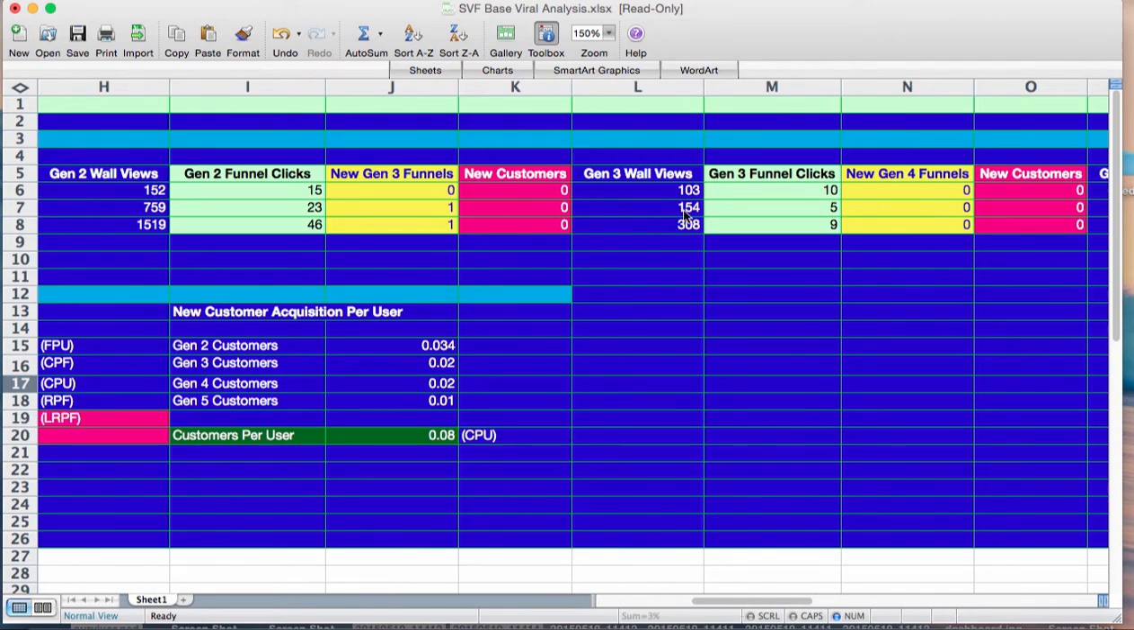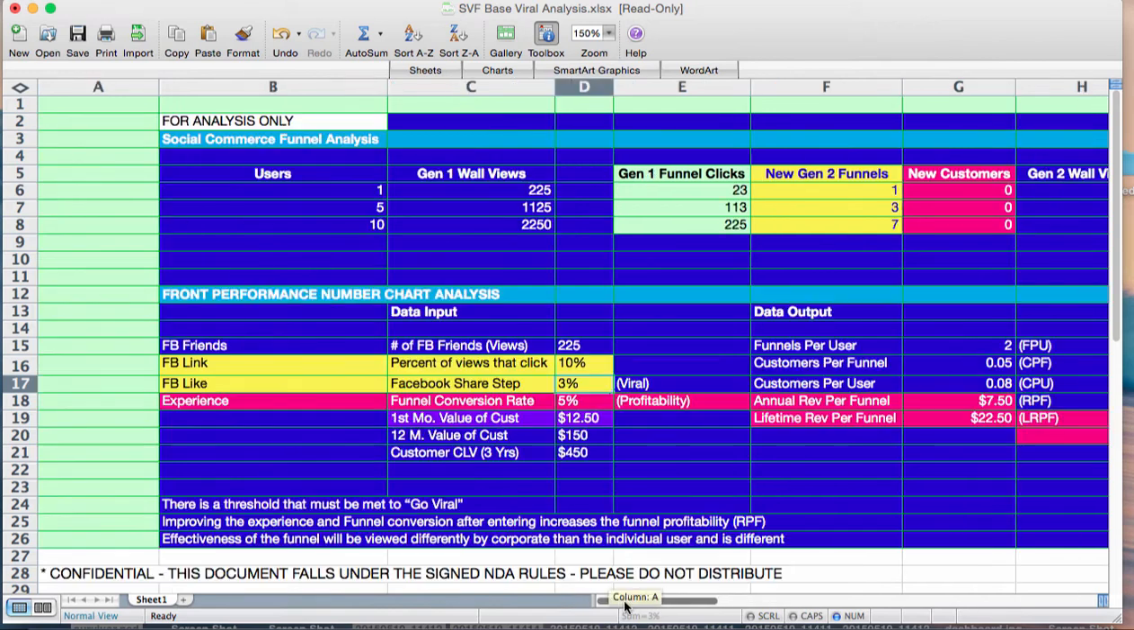We then go to Generation 3 funnels, 0. Generation 4, 0. That is not going viral, guys. We're still not viral, even at a 10% click-through rate. Okay? Now, let me go back here, and I'm sorry my computer's so slow when I'm recording, but let's say